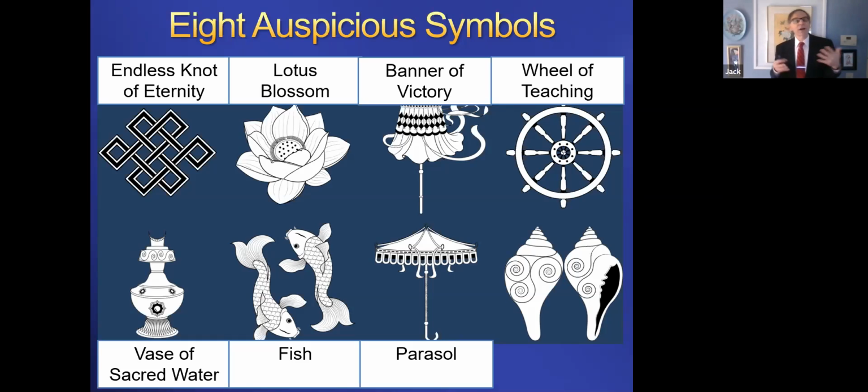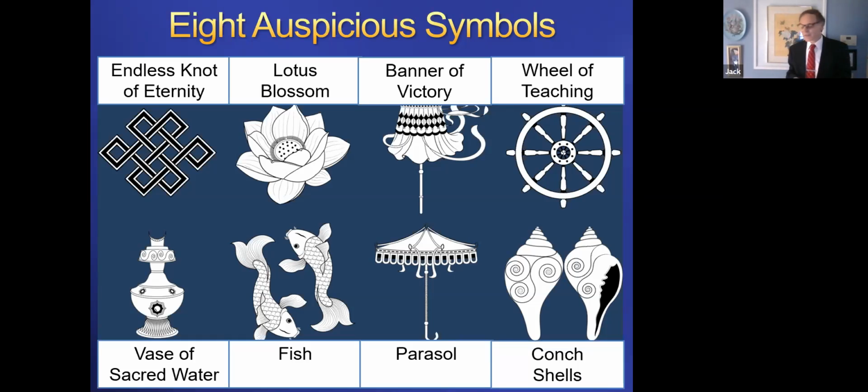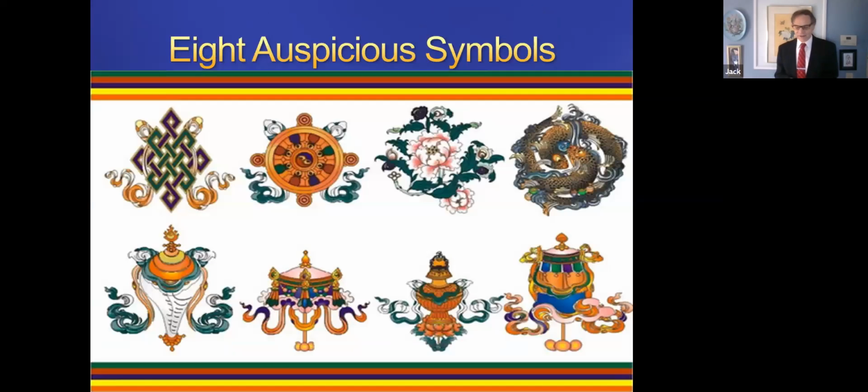So the kingship of the Buddha is shown with the parasols. And the conch shell was a traditional thing that was used to call out a deity. So calling out to the deity, calling out to the Buddha, you blow on the conch shell. The Buddha has arrived to help us. So these are simple drawings of them, but when you see them in decorative art, they're quite fancy. They're so fancy, in fact, sometimes they're very difficult to recognize the way they're done.